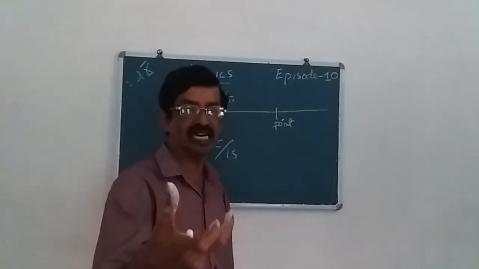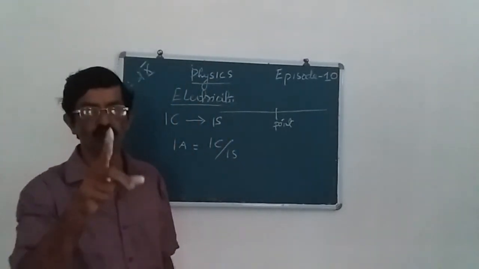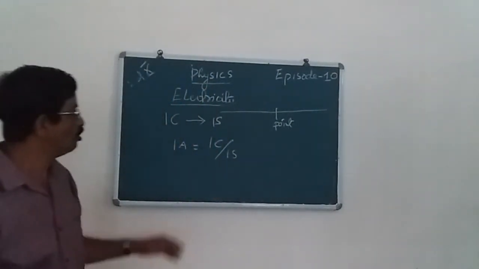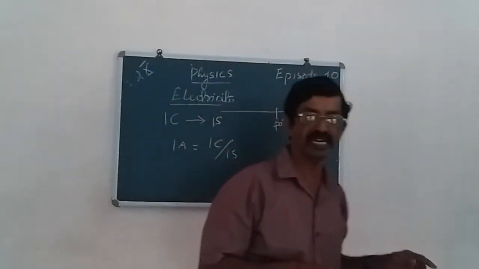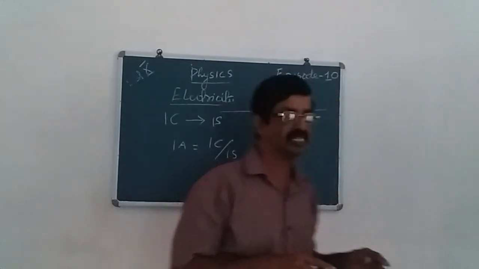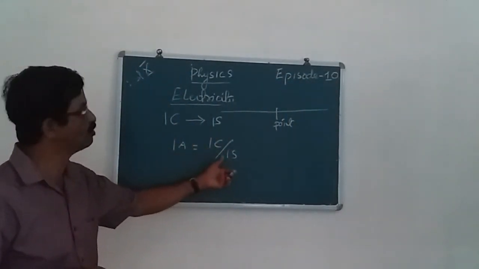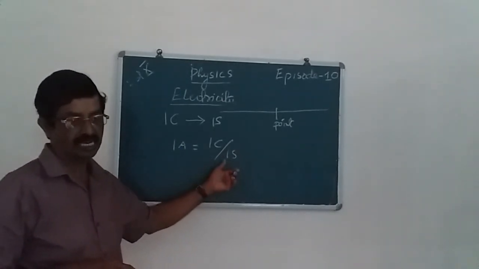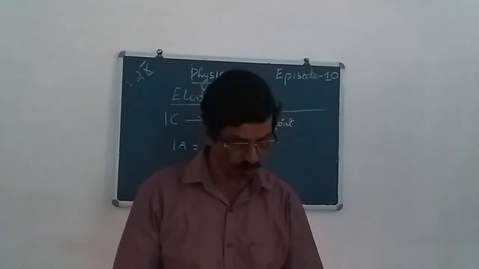1 ampere is the current that flows through a conductor if 1 coulomb charge flows through it in 1 second. If 1 coulomb charge flows through the conductor in 1 second, then the electric current is 1 ampere. So 1 ampere is equal to 1 coulomb by 1 second. Related to these two questions given to you,